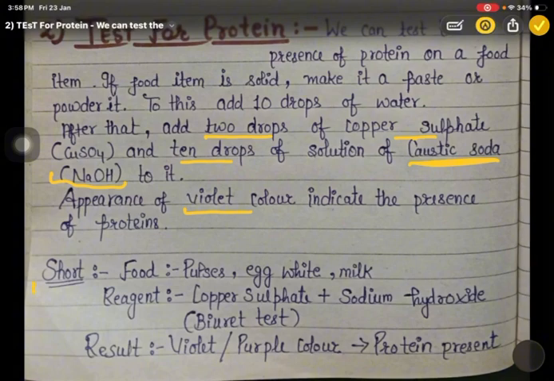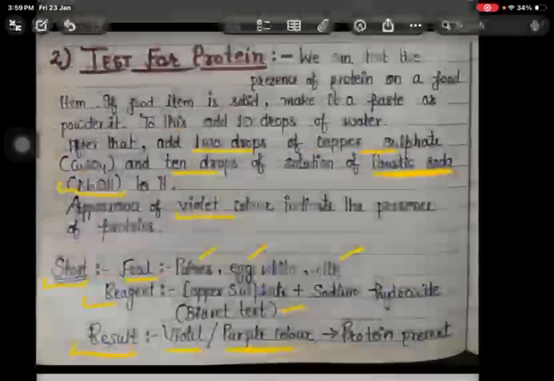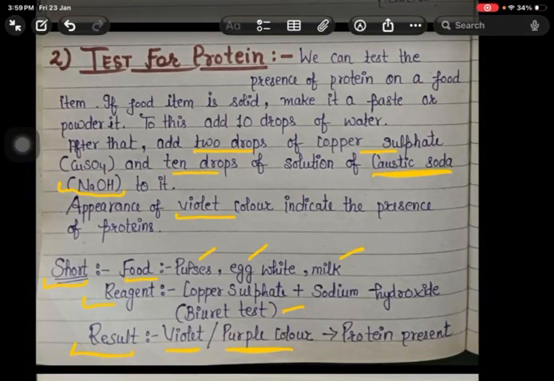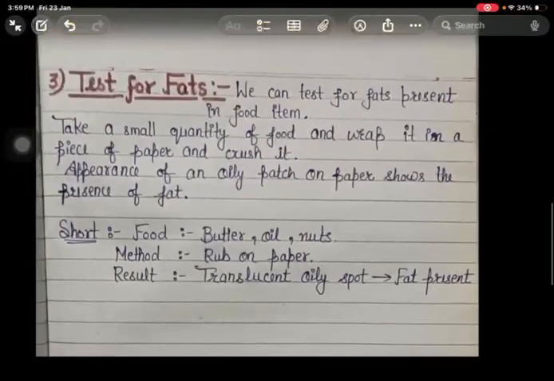Simply, if you want to learn in a short way, you just take a food item, for example pulses, egg or milk, and the reagents we use are copper sulfate solution and sodium hydroxide, and this test is also known as the Biuret test. And if in the result you get violet purple color, it means there is a presence of protein. So this is the test for protein, and the third one is the test for the